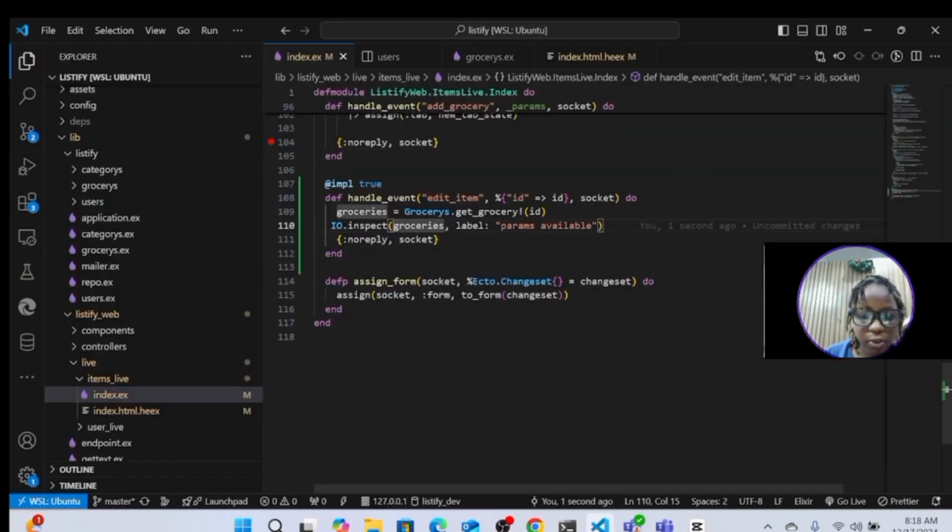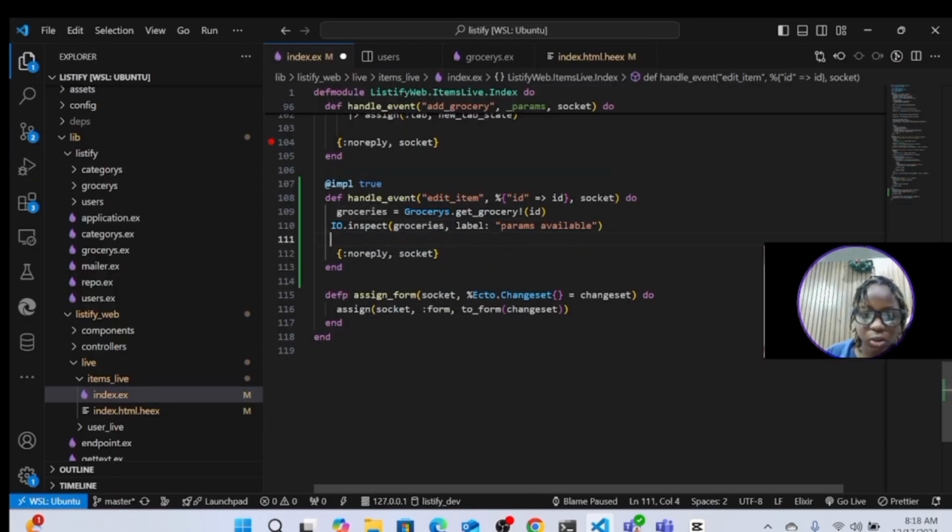So we're able to get the groceries. Voila! For ironing and everything. So that's what is in our grocery list. So we come over here and